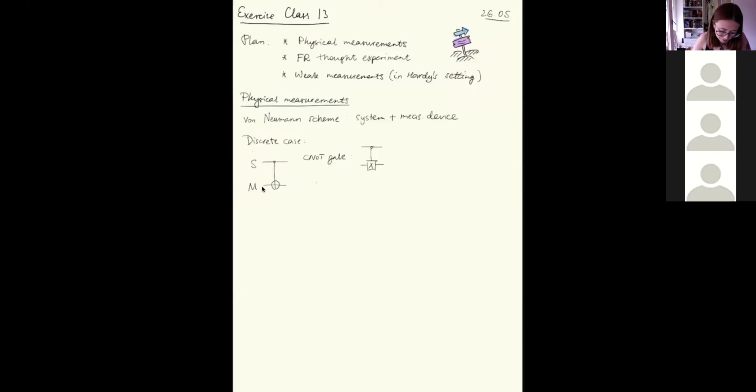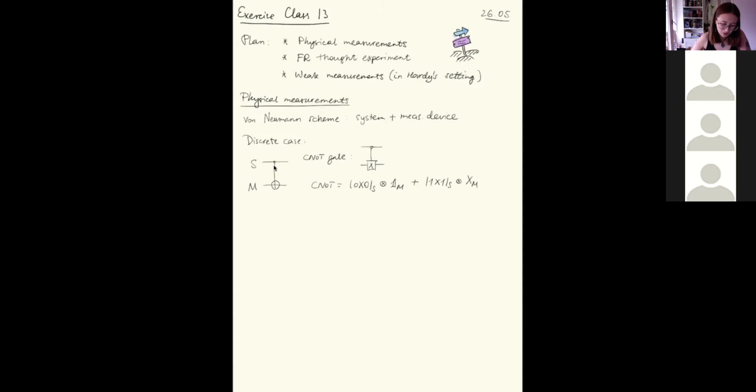So basically, the CNOT gate can be written as: if the system S is in a state 0, nothing happens on system M. And if the system S is in a state 1, then we apply the X operation on the system. So as I said, this can be seen as measuring S in Z basis and writing down the result to